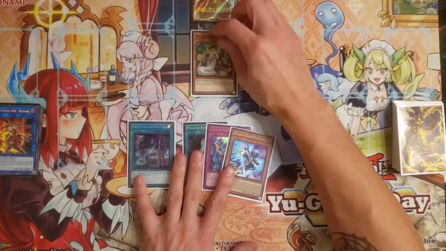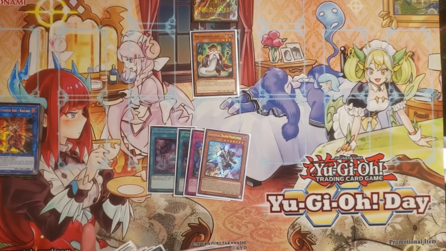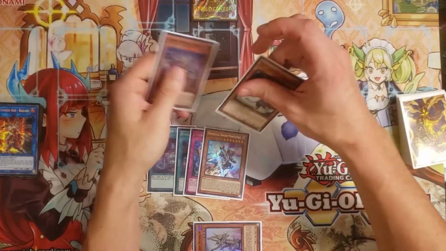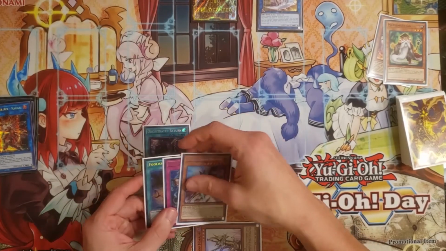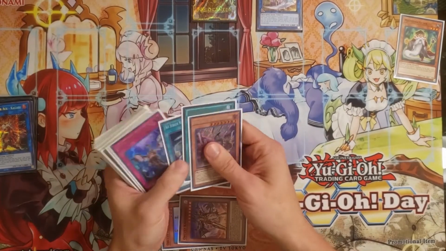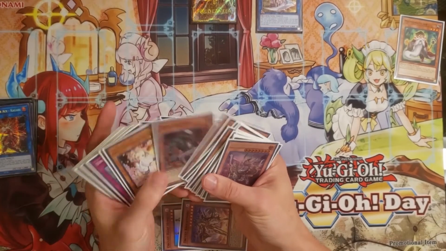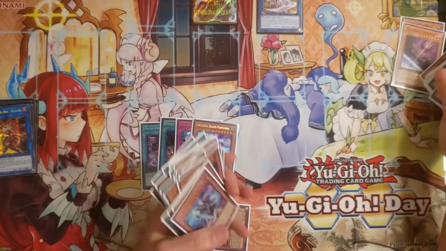But let's go ahead. We'll start off with the Math Man to try to bait a hand trap and just go nuts. We'll dump Harp, use Harp, summon Nightmare, link these 2 to Gala, use Nightmare, target, dump, wand,